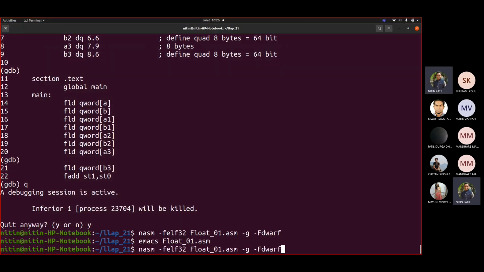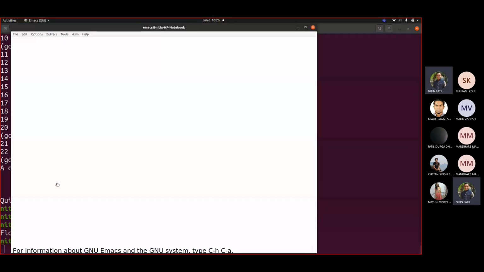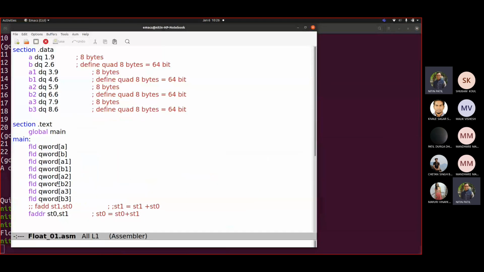I added it simply, and it is giving you an error. Correct. FADD reverse. So in addition it doesn't matter whether you are adding ST0, ST1 or ST1, ST0. It is not going to make a change. But whenever I write subtraction, for example 22 minus 10 and 10 minus 22, is the result different?